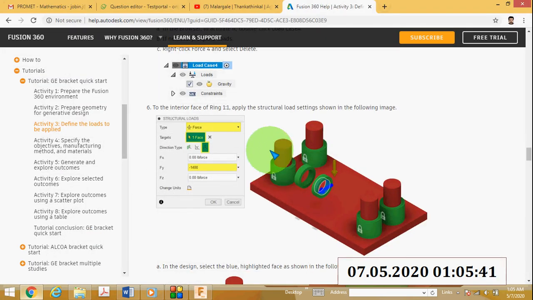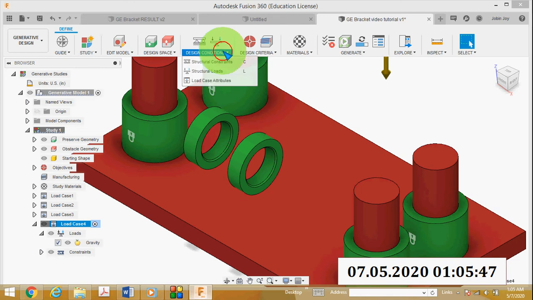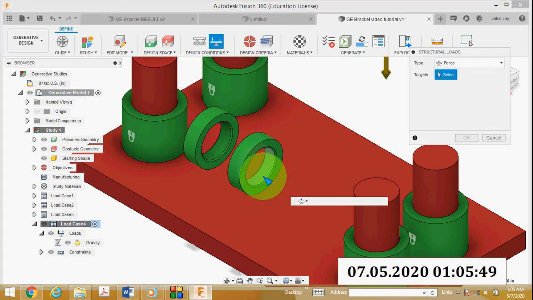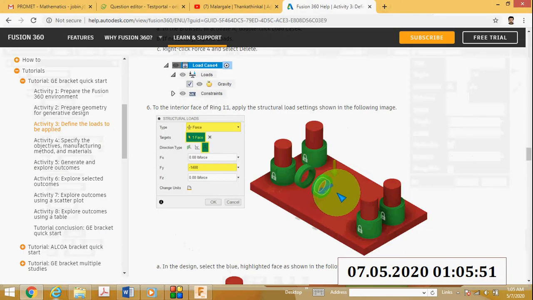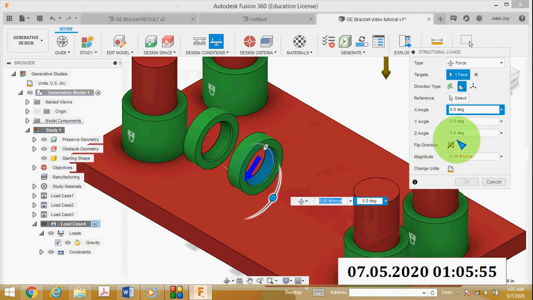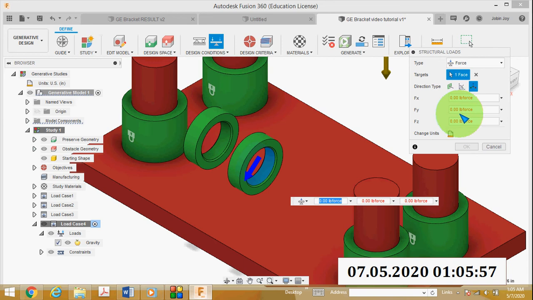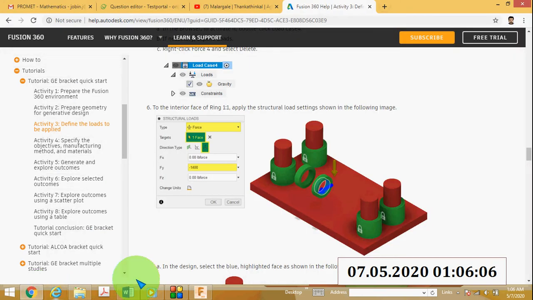Then go to structural load, select this face, and you can see the Fy value will be minus 1400.